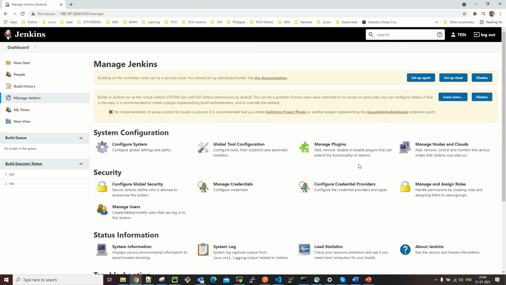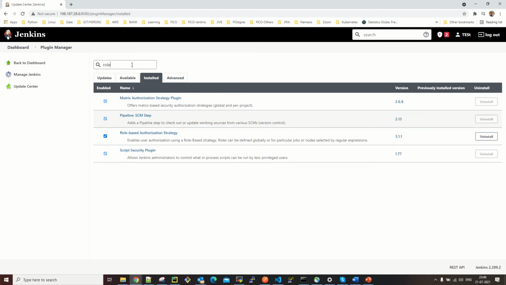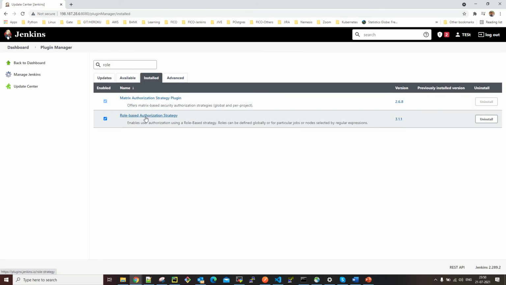Go to the installed plugins. There is something called Role-based Authorization Strategy, which is a required plugin to do role-based access for every individual user available on Jenkins. So you need to install that.